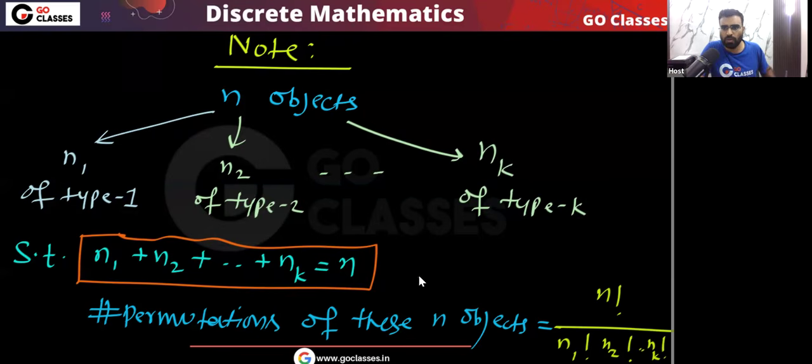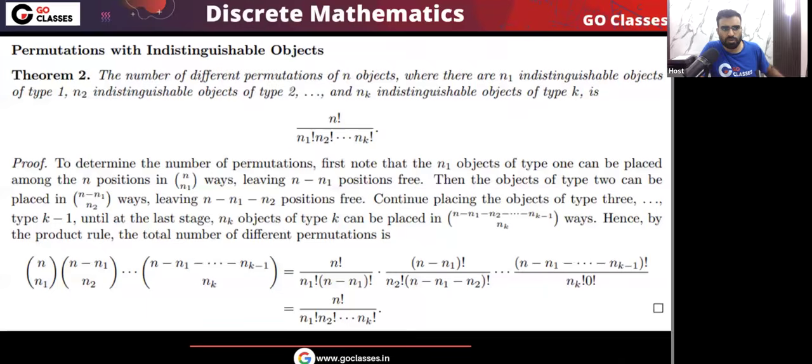This will be the answer. I hope you understood. Is this clear? Very simple. So this is the idea: n factorial divided by n1 factorial, n2 factorial, and so on, nk factorial.